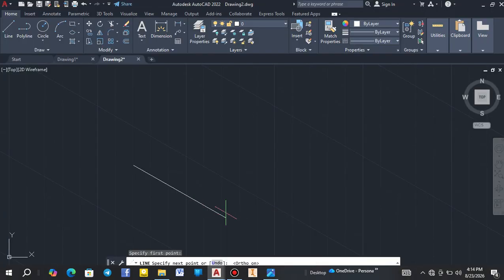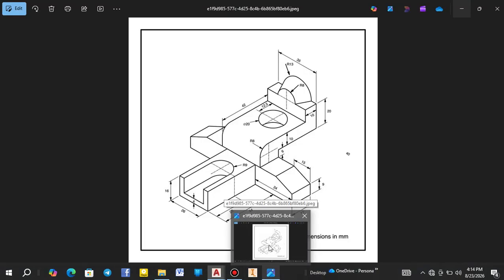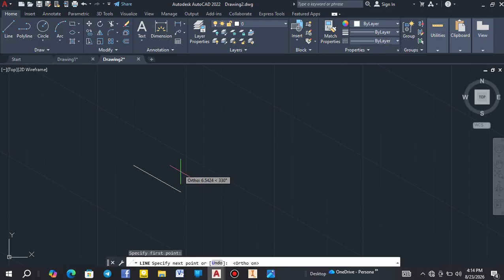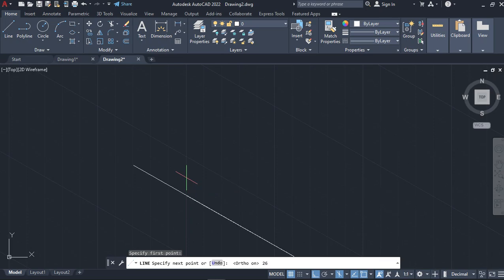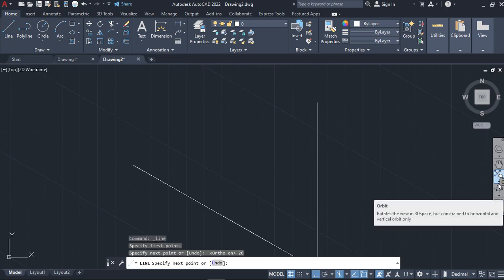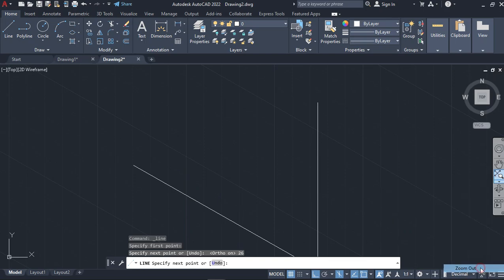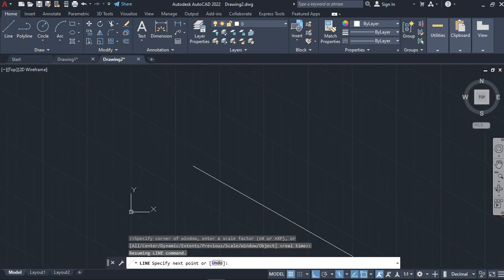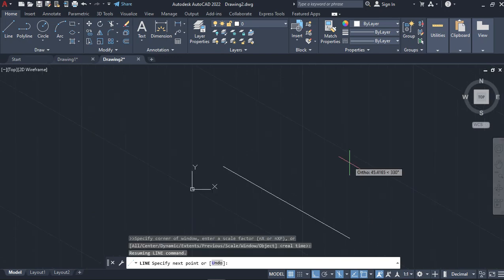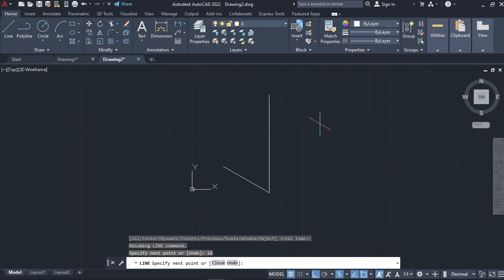They start from the side, so it is 26, enter. Let's zoom out one step. Okay, this is it. The height is 16, enter, and the thickness is 4,